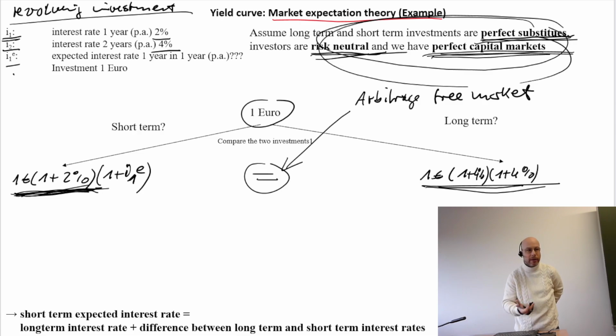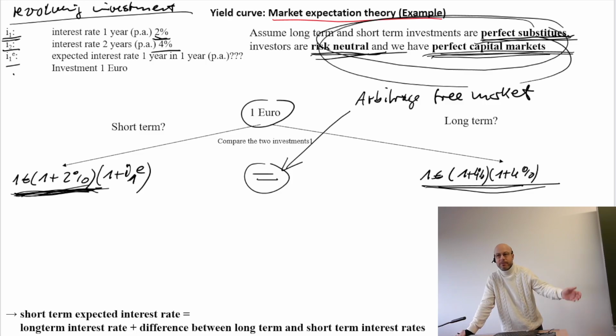Yes, because today you can go to your bank and say, let's say not €1, I have €1,000, and I give you my money for 1 year, and then your bank will give you the answer. In my example, for 1 year you will get 2%. Or you can say to your investment officer, €1,000, and I don't need it for the next 2 years. What will be the interest rate? This yield curve here.